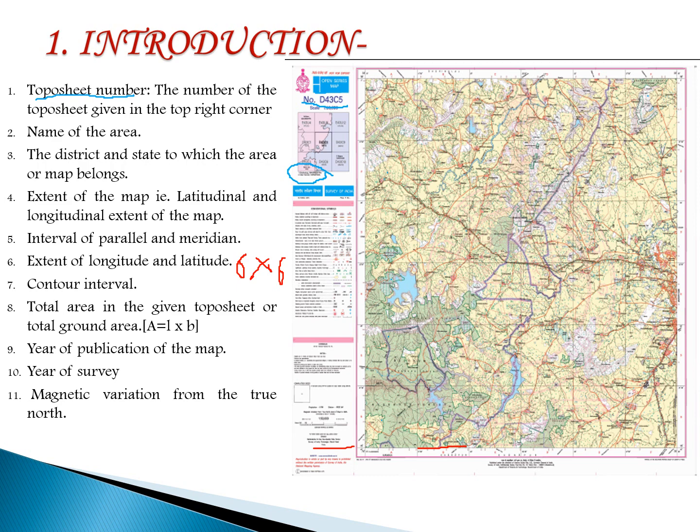And how many grids are there? 1 2 3 4 5 and 6. So 8.5 into 6 you have to do. Here this is the length, okay, and the breadth you have to calculate the same way. Suppose this distance is 7.3, okay, the vertical distance. If it is 7.3, you have to do it into 6, so 8.5 into 6 and 7.3 into 6.